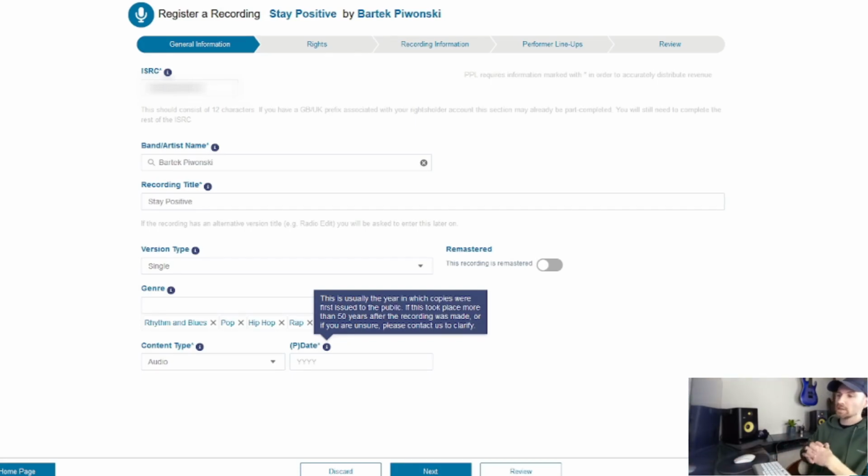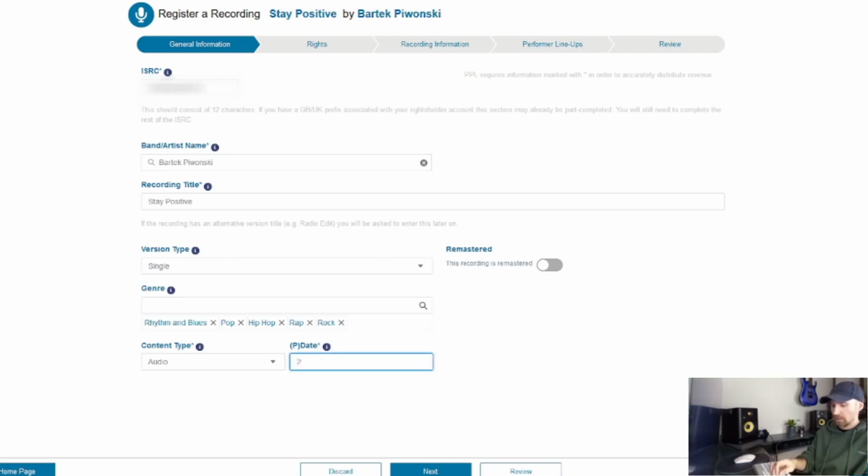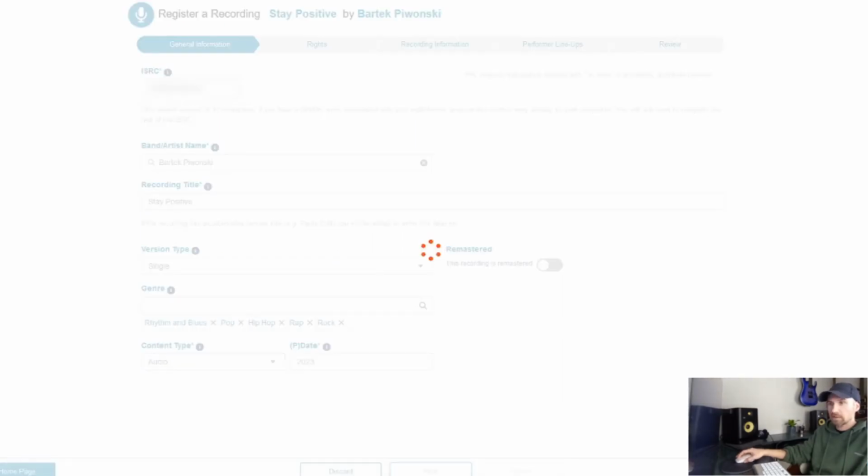This is usually the year in which copies were first issued to the public. Basically what you need to do here is it's gonna be 2023, because this is going to be issued to the public in 2023, even though I'm actually doing this at the end of 2022. So you can actually click save, but it actually saves automatically for you as you go along as well. So here you need to click next,